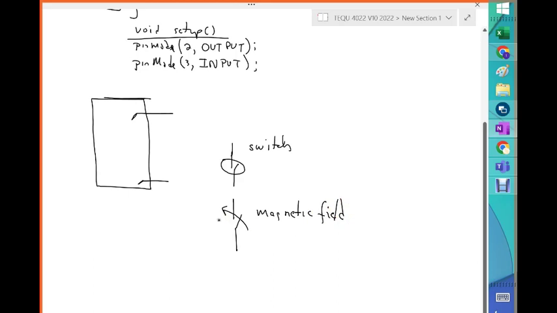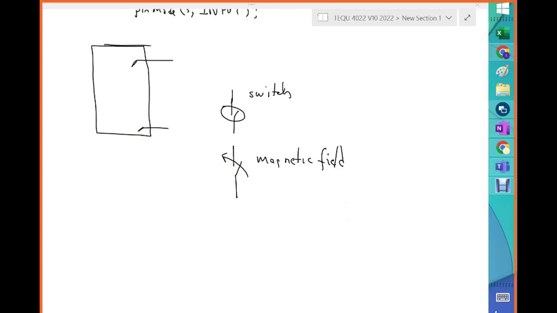So how does that happen in this type of sensor, which is called a level sensor? Well, what happens is that there is a float. If I draw this a little bit better, the switch looks like this, and actually